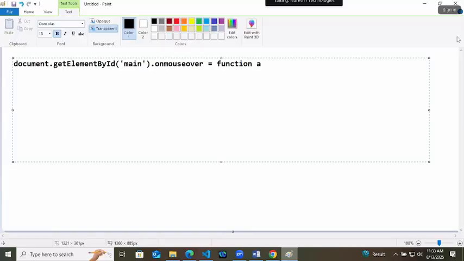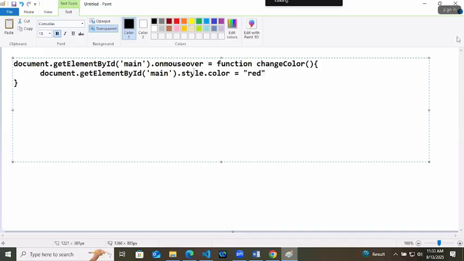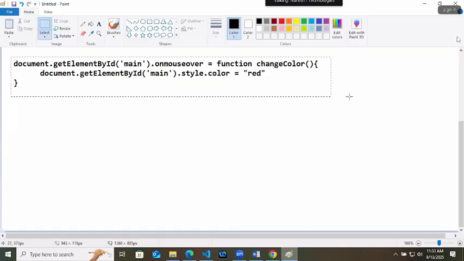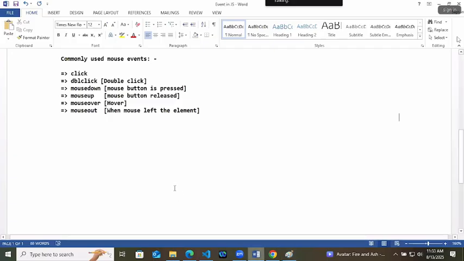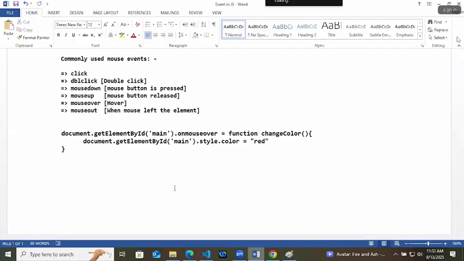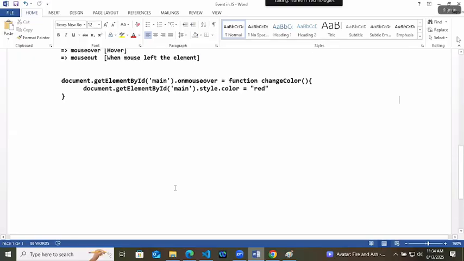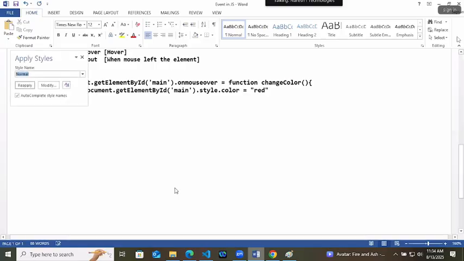Now you know this function is directly getting called, change color. This change color function is getting called directly here on mouse over. And you can attach all of them in the same way. Okay, like this. These are all the events of mouse.